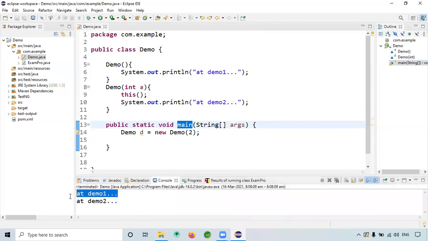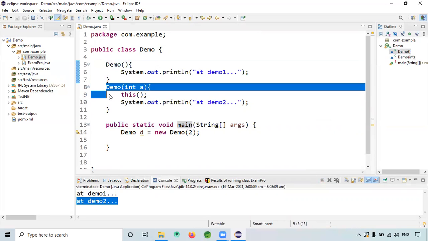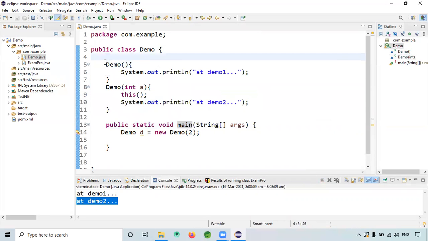It is printing Demo one, Demo two. When we have a parameterized and a default constructor, if you want to call the default constructor, just call this like this. Okay. There is another way. You can call it, let's say I am passing like this, right?